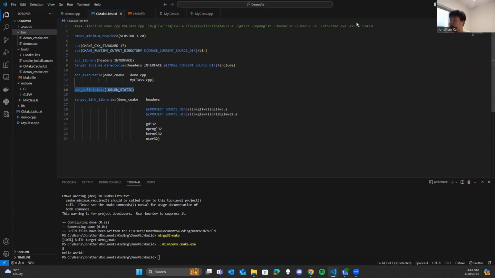And then we can add flags based off of whatever flags we need. And then of course you can link with target link libraries against all these separate libraries. So yeah, that's what it looks like to break down a G++ compilation command into a CMake